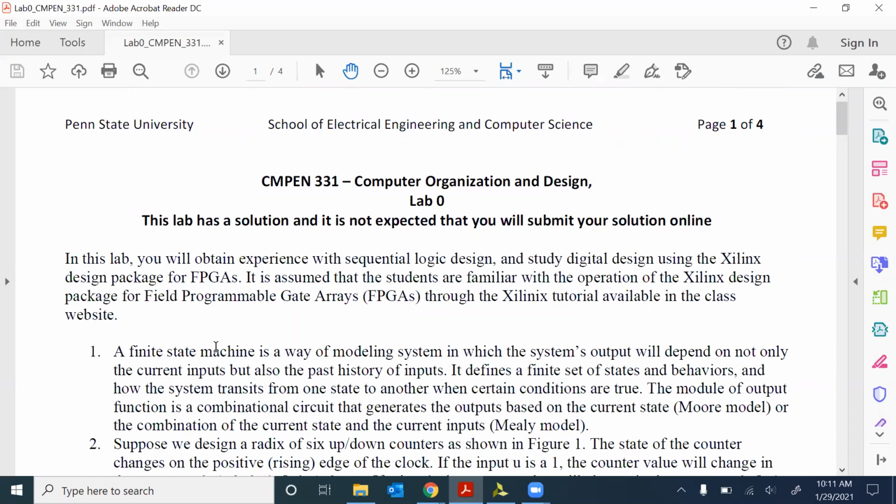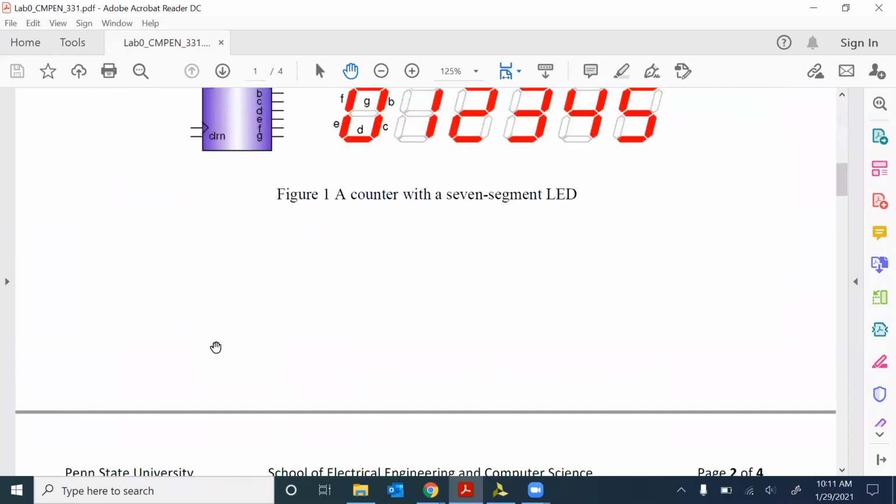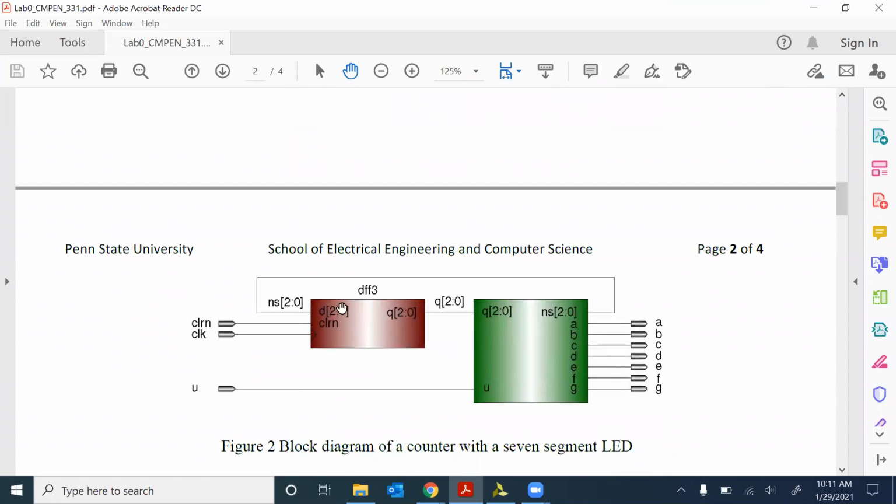It would be the same. So you will be given the block diagram that you need to implement. If you can see here, there are two blocks. One is the D flip-flop and the other is,